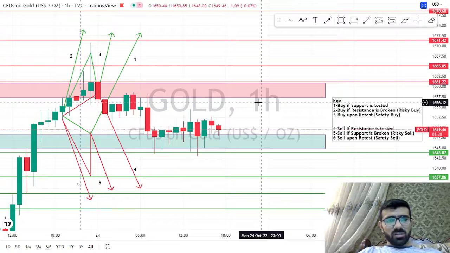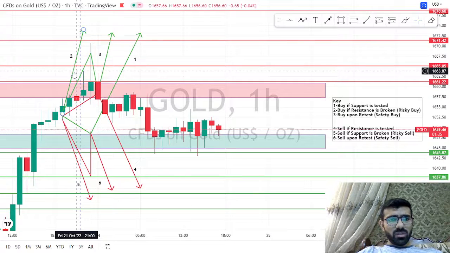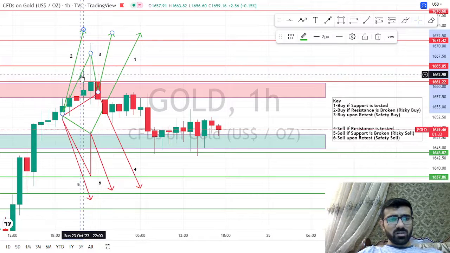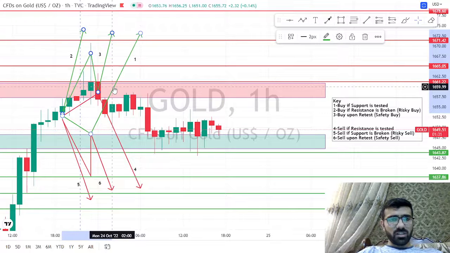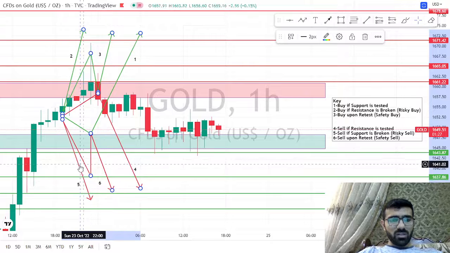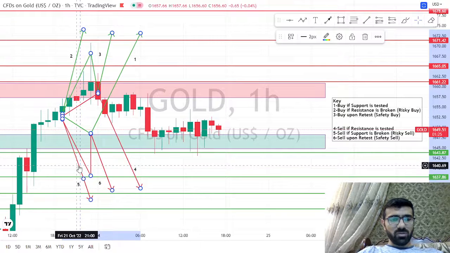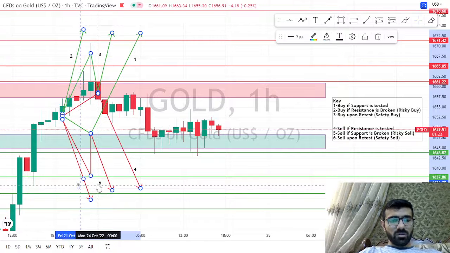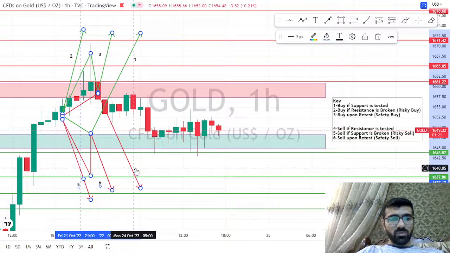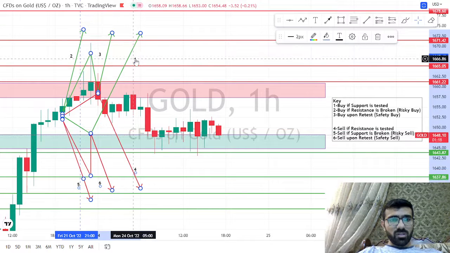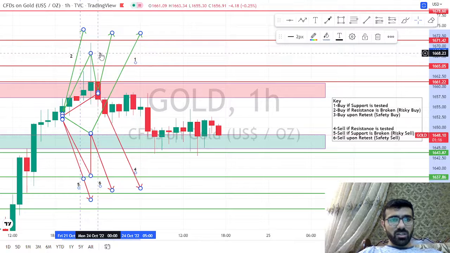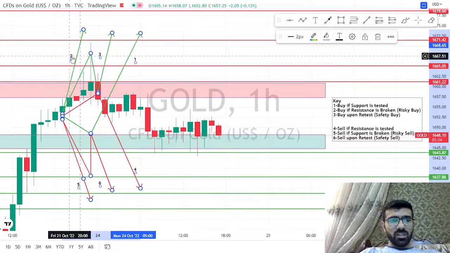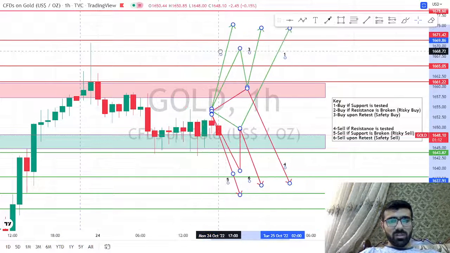So considering these trades, now I would move these scenarios forward as market has mostly remained sideways. So these scenarios are very much valid for tomorrow as well. So I am going to move them forward. So you guys can easily do trading tomorrow as well, simply by following the given key.